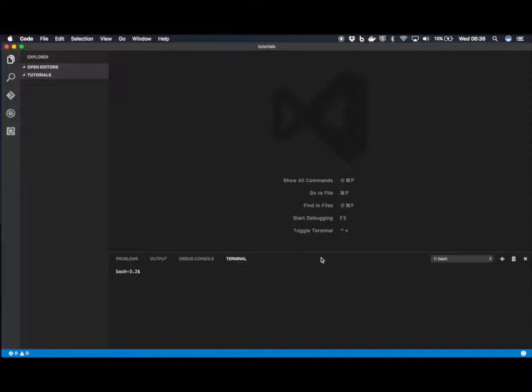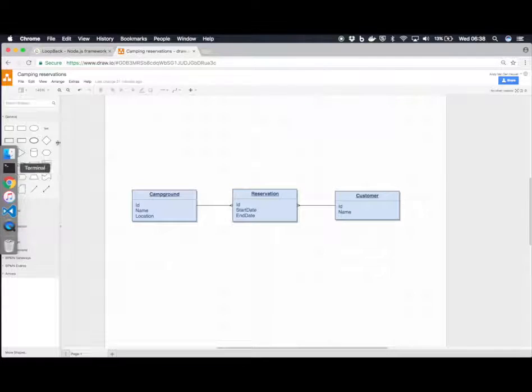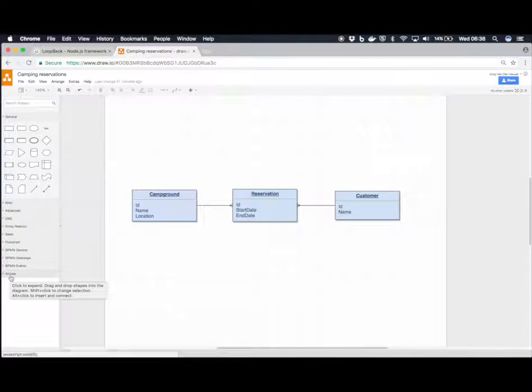Hi everyone, my name is Andy and in this tutorial I'm going to show you how to set up a REST API with Loopback. What we're going to do is build a campground reservation API, and in our data model